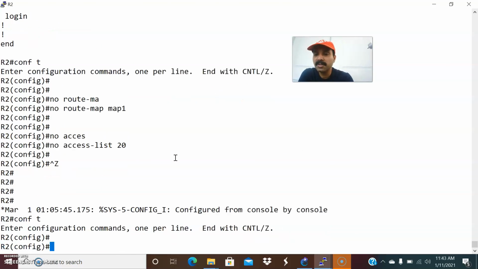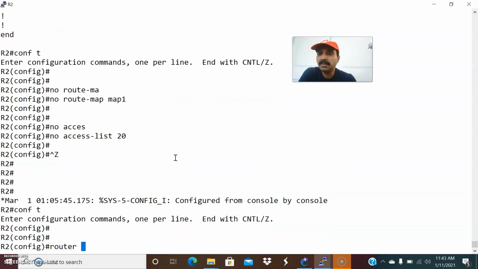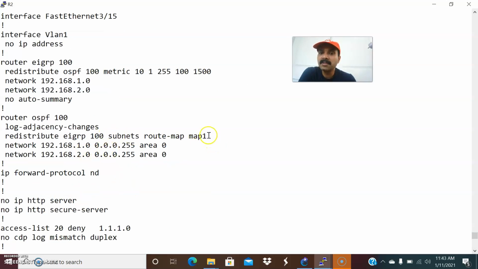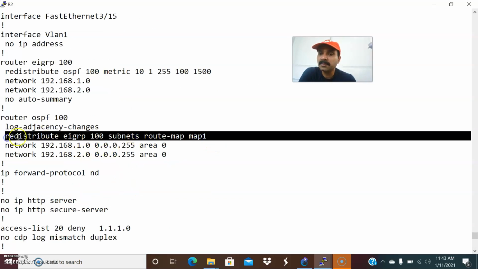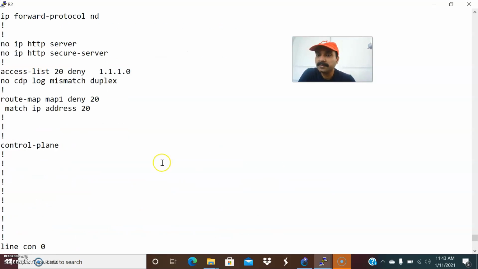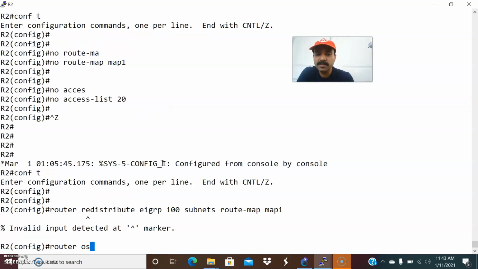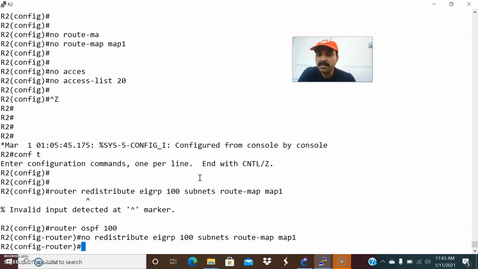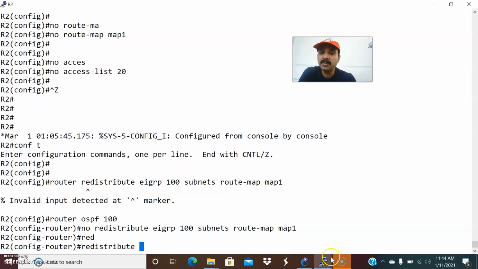Go to configuration mode, and router OSPF 100. Let us remove this actually. I remove this and let us redistribute again, because that route map is denying, right?